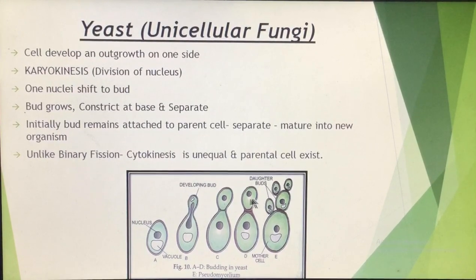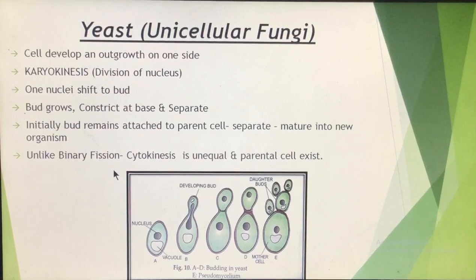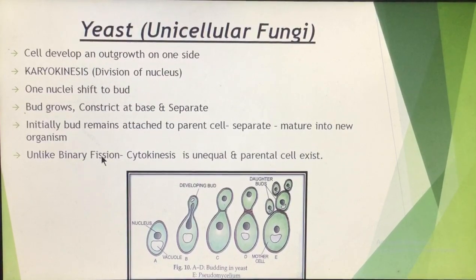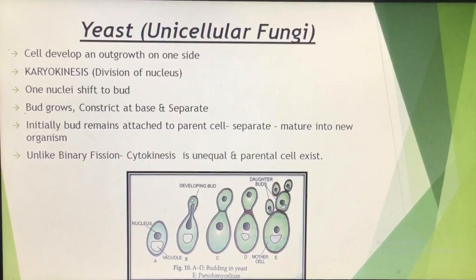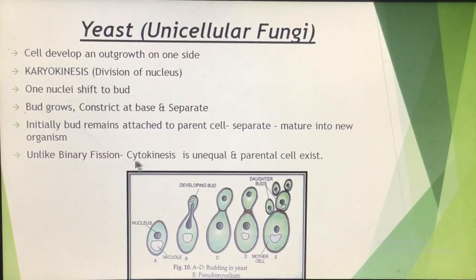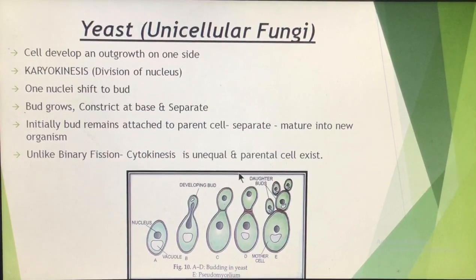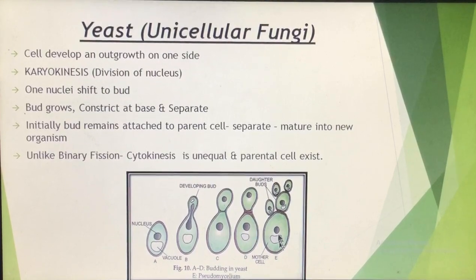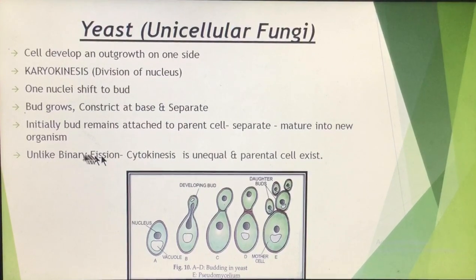Second thing, in amoeba, that is in binary fission, you must have noticed that the cytokinesis is equal. That means the parent cell divides into two. So in cytokinesis, two daughter cells are formed which are almost of equal size. But यहाँ पे जो cytokinesis है, that is the division of the cell, it is unequal. ये जो bud है यहाँ पे कम cytoplasm है and नीचे जो parent body रह जाती है इसमें the amount of cytoplasm is more. So these are the two differences between the binary fission which takes place in unicellular organisms and the budding which takes place in yeast, which is a unicellular fungus.